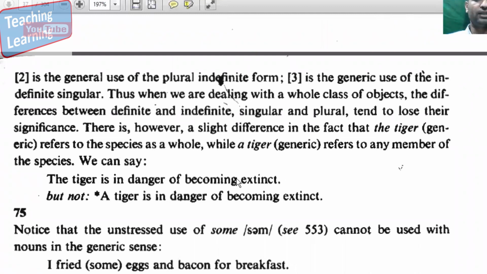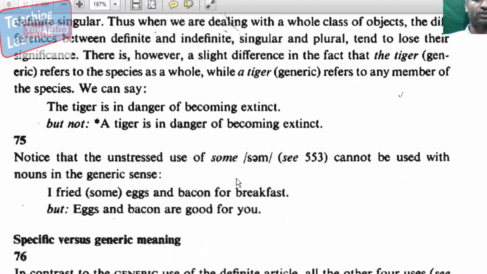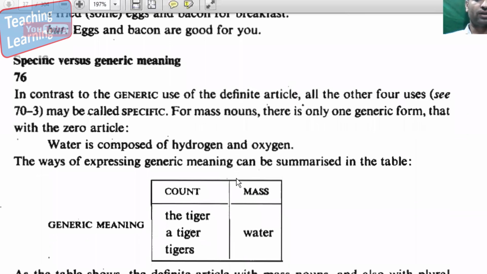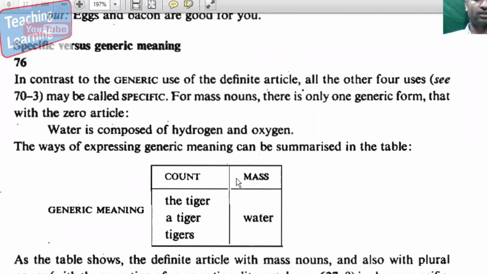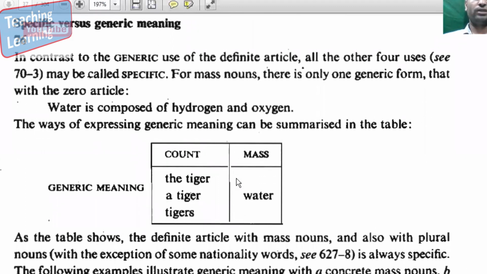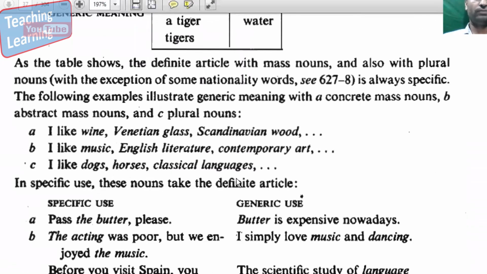The tiger is in danger of becoming extinct. Then read the meaning, mass and count, water and count. The tiger, a tiger, tigers. But for mass, you cannot say the water, or waters. You can say